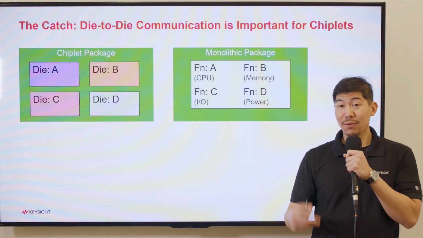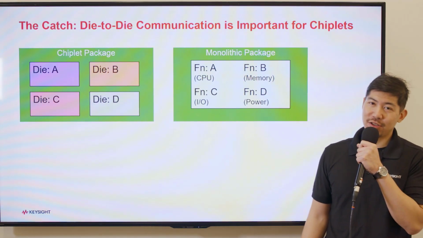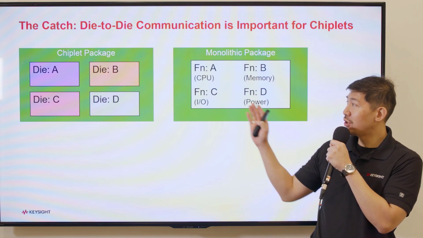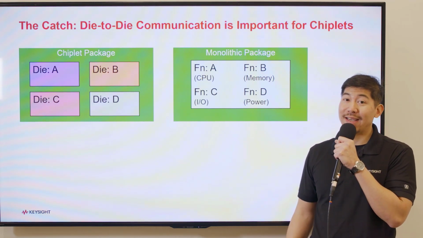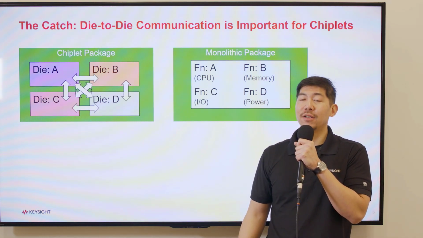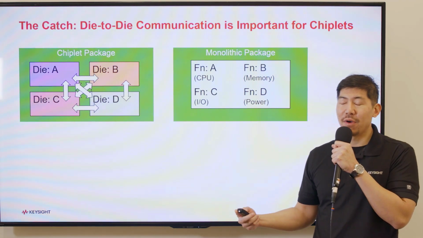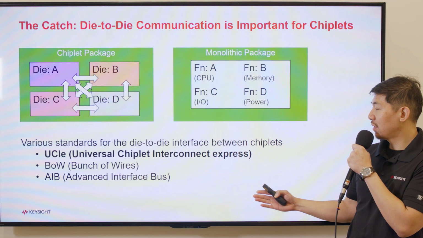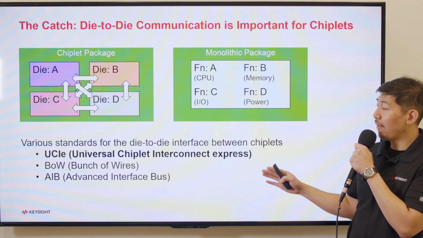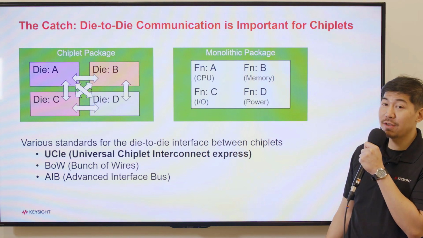Number two, what are the challenges? Yes, as we know, there are no free lunches in this world. So comparing the traditional approach versus chiplet, the challenge is the communication between the different dies. To mitigate these communication issues, various communication standards have been proposed for chiplet communication. And today, I will focus on UCIe, the Universal Chiplet Interconnect Express.